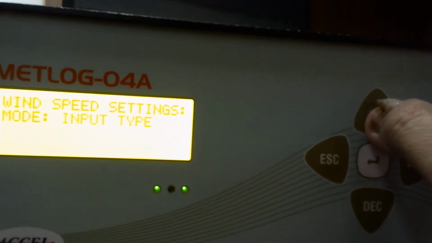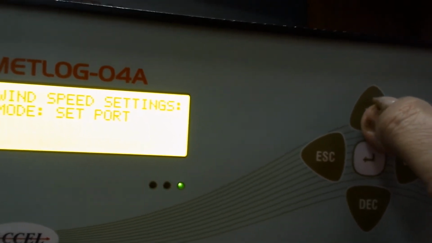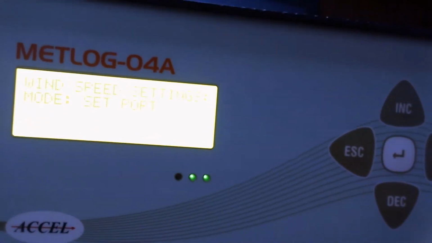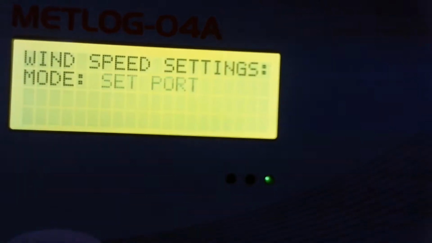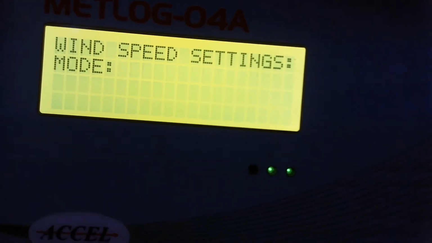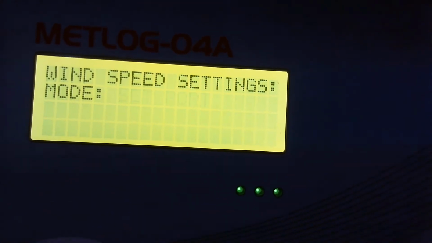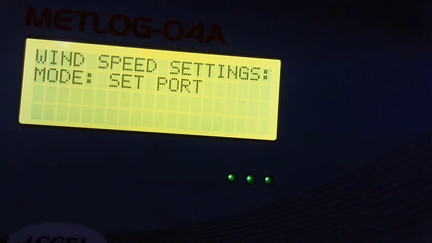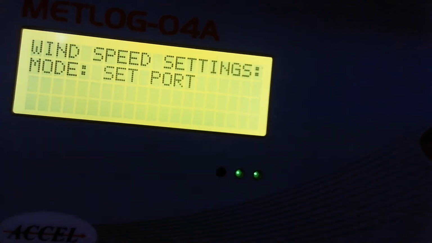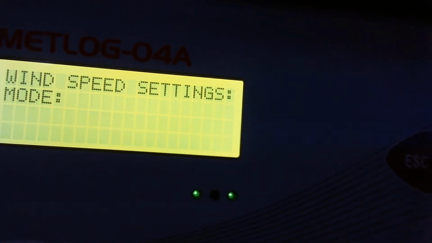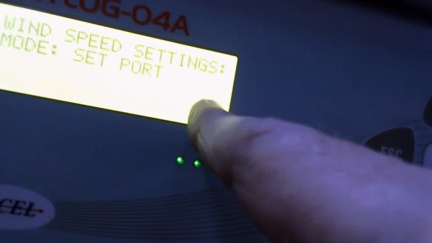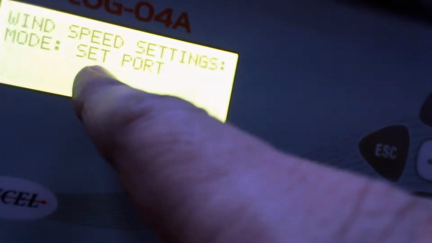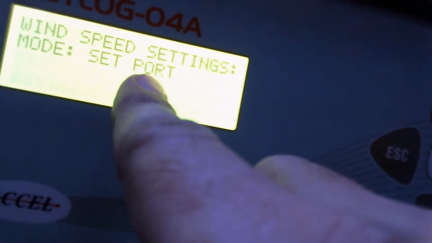So the next setting for the wind speed sensor is port. As I have told you, we have connected this wind sensor to the RX1 wire, that means the COM1 wire. If we have connected to RX2, it means the COM2 port. If we have connected to RX3, then it becomes COM3. Therefore, for this port we have to set COM1, COM2, COM3 or COM4. So we have connected to RX1, which means we have to set this port as COM1 port.